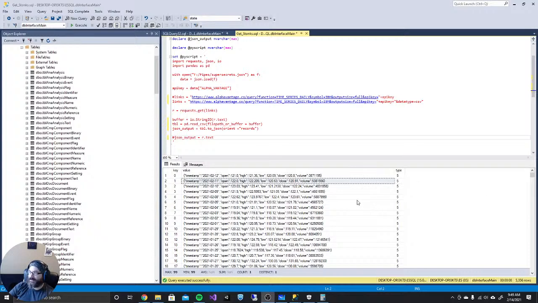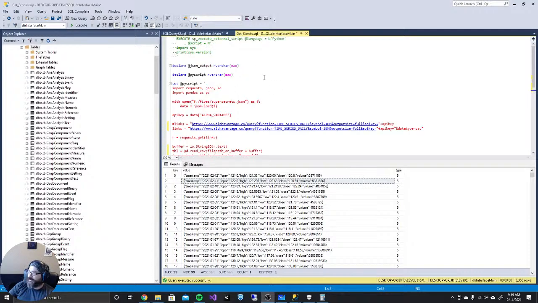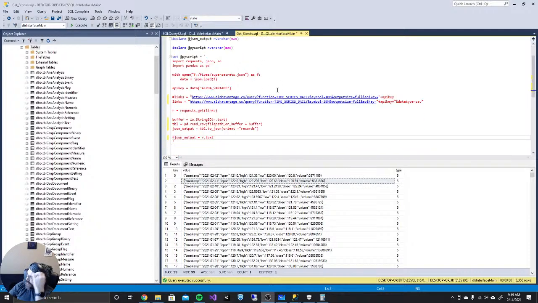There's a little lag for spinning up the execute external scripts, but for the most part, you think of performance as three pieces. How fast does it run? How easily is it to expand? And how easily is it to maintain? I think you think of a third party or a middle tier application as being a lot more difficult to maintain versus